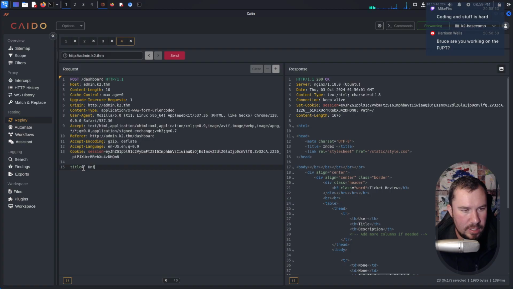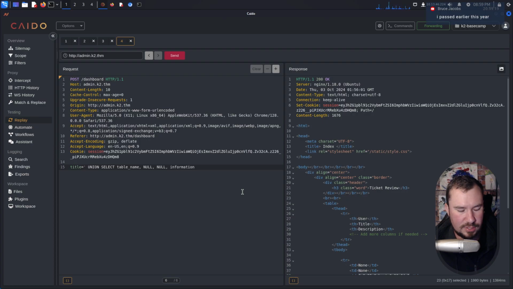We're going to do a union. Union select. We want to select the table name. And now we discovered that there's 3 columns here. So we'll do null, null, and then on the 3rd column, we want to do the information we want. So for tables, we want to get the information schema of the tables where table schema equals database,